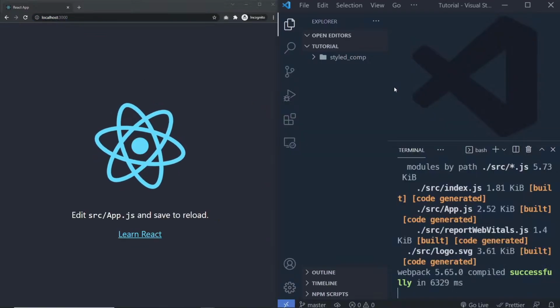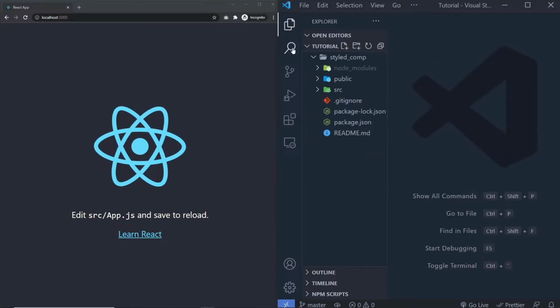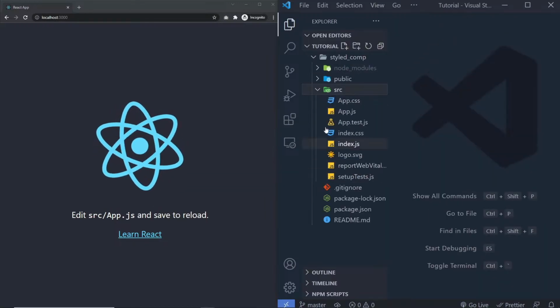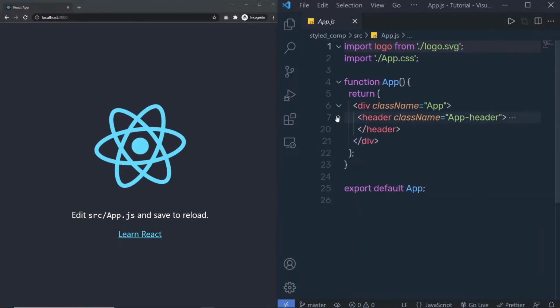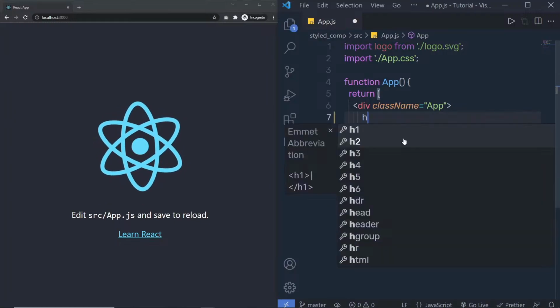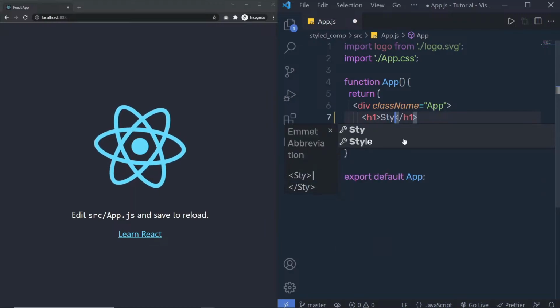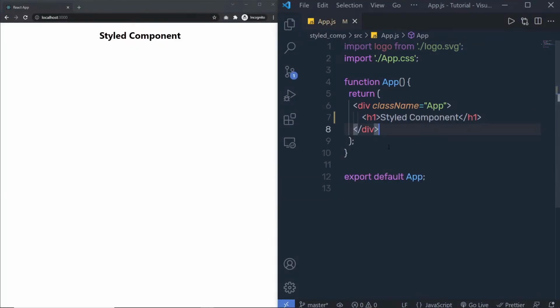Now let me toggle this window on the left side and my VS Code on the right side. I'm going to open my project, and inside the src folder, I have my React components. I'm going to open the App.js. Let me get rid of this HTML code, this header section, and here I'm going to simply create an h1 heading tag, and here I'm going to say styled component. When I save the changes,